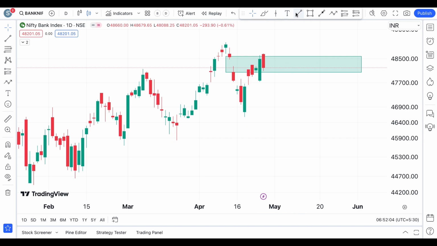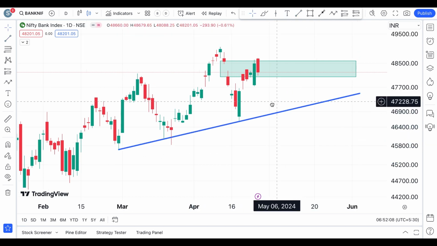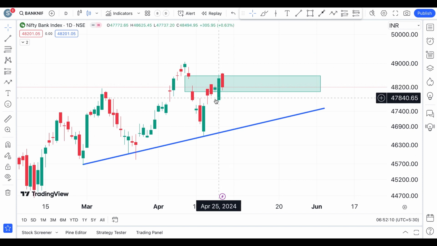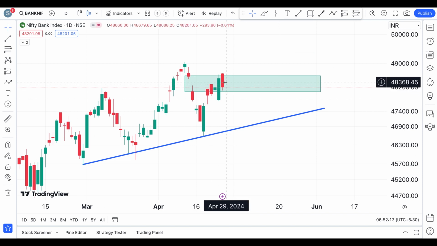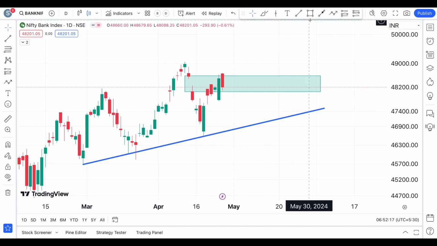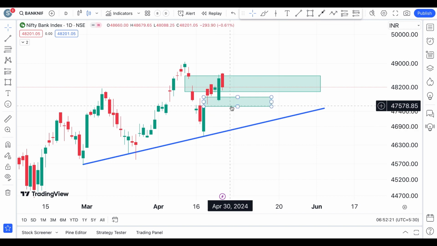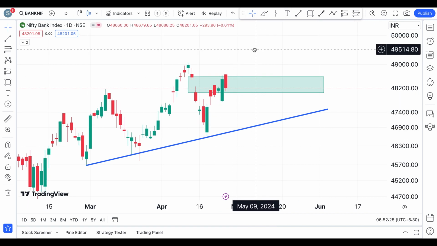And yes, here too you have this trend line, and this trend line is still intact. And if Nifty is falling down, and if the Bank Nifty is falling down, this is the next zone that we have to pay little attention to. Okay, this is the next zone where we have to pay little attention to. But all these matter to positional traders, because most